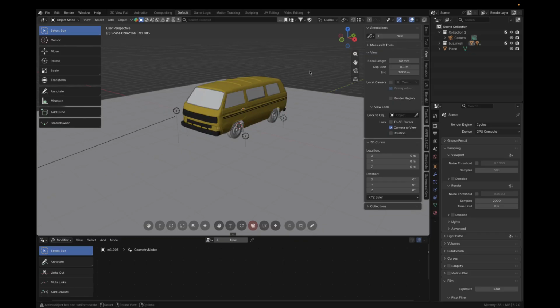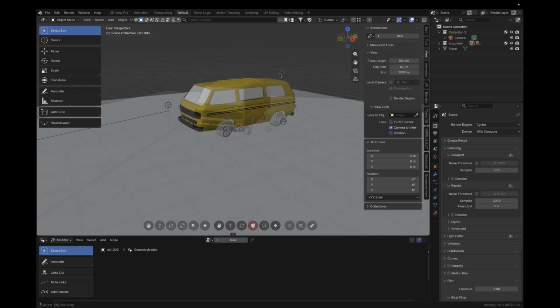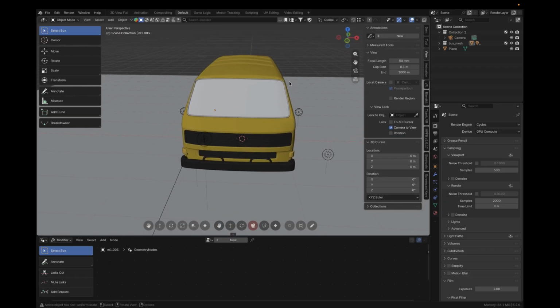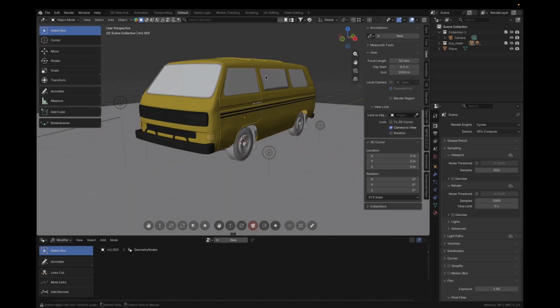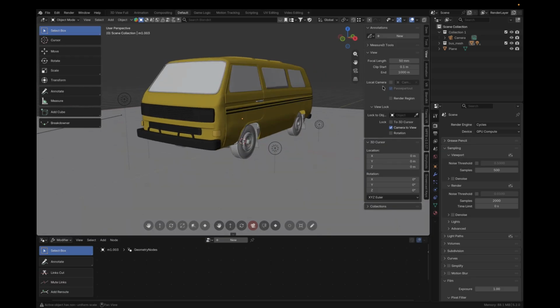In this video, what I just want to show you is how to use geometry nodes. This is a commercial vehicle that I modeled some years back, but I thought I'll use this in the demonstration of the motor constraints that I did in the last video. So if I render this, you see what it looks like